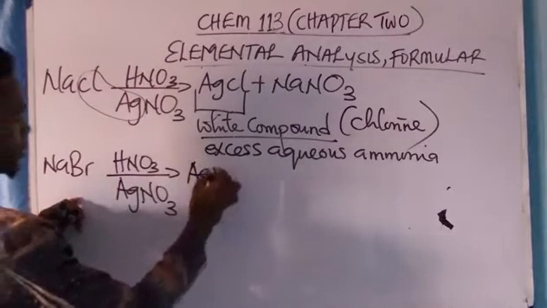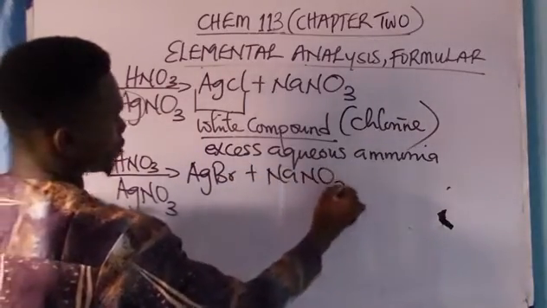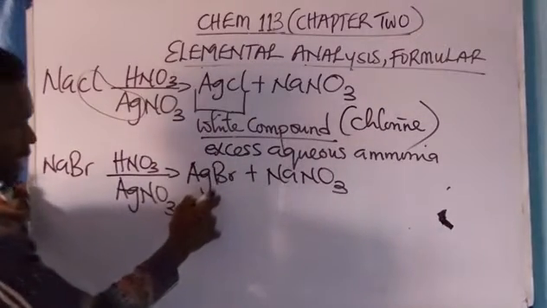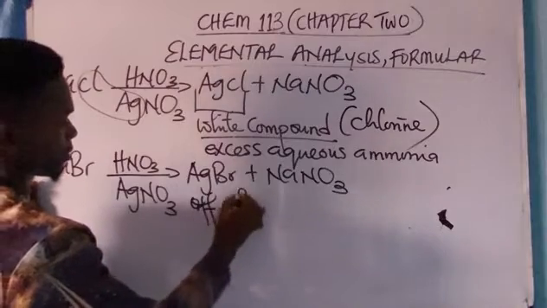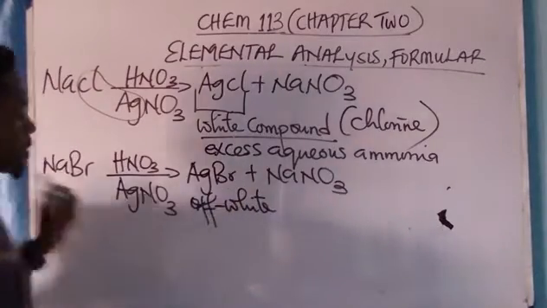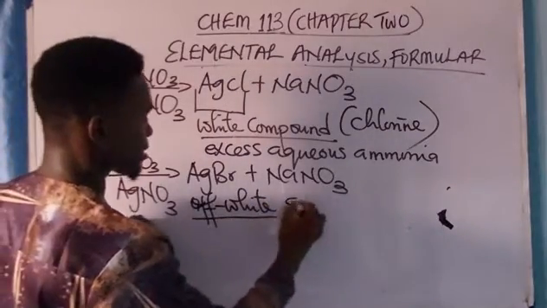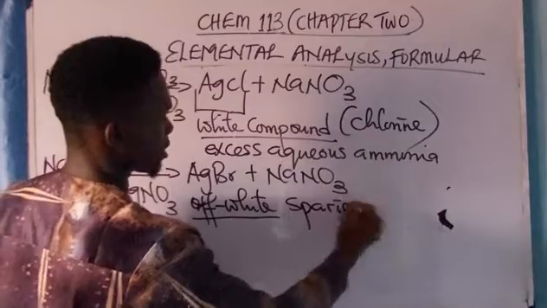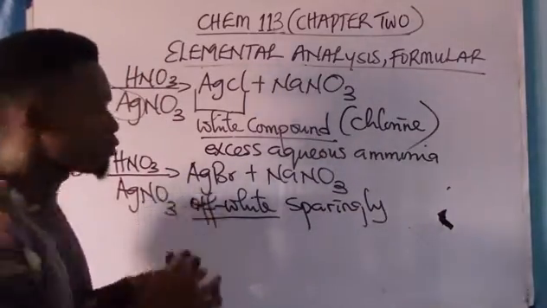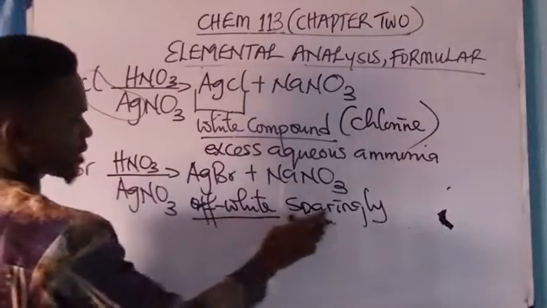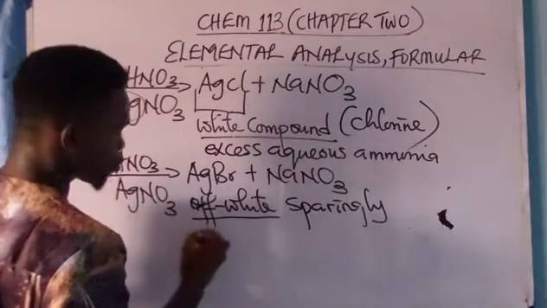Silver bromide plus NaNO3. And this is off-white. That is, this silver bromide is off-white. And it is sparingly soluble, which means partially, like it is not completely soluble in aqueous ammonia. So off-white, and which is silver bromide. It is sparingly soluble